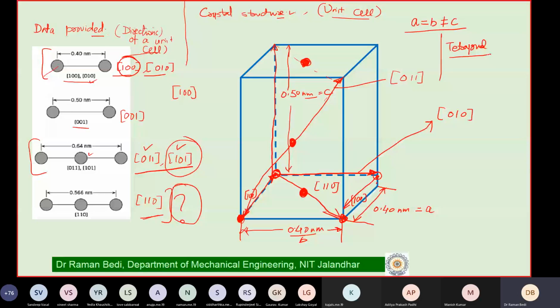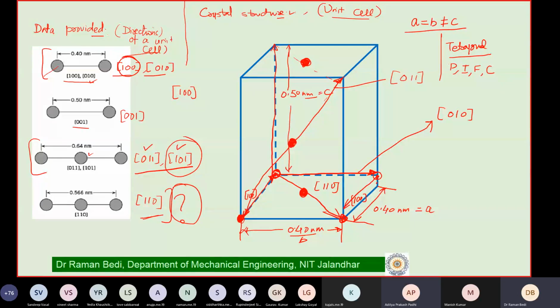But in the tetragonal system, I can have primitive tetragonal, tetragonal I, that is body centered tetragonal, tetragonal F, that is face centered tetragonal, and tetragonal C, that is only end centered tetragonal. Is it right? Yes, sir. So which one does it seem to be now? P, I, F, C, which one is it? Face centered. Yes, it is face centered, because I find that along this 0, 1, 1 direction